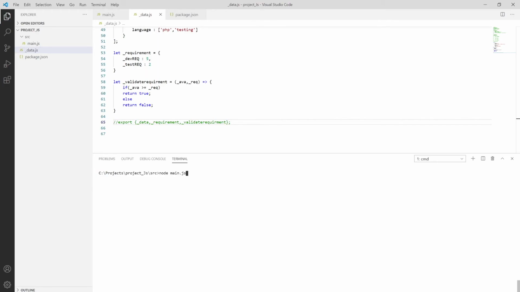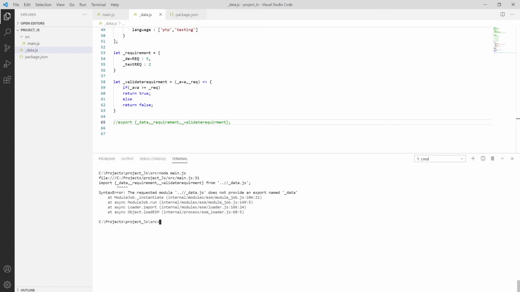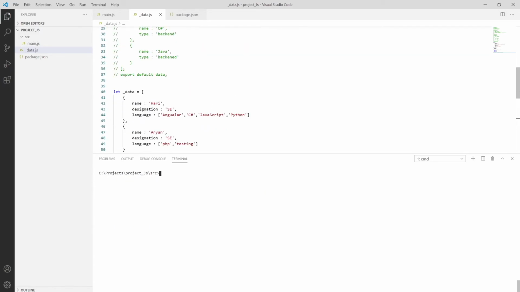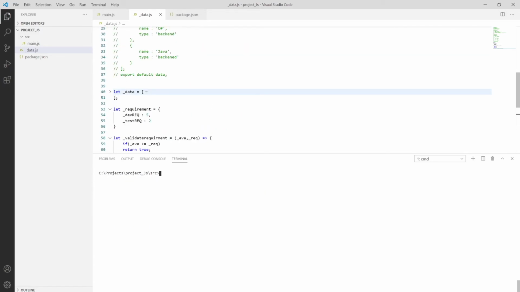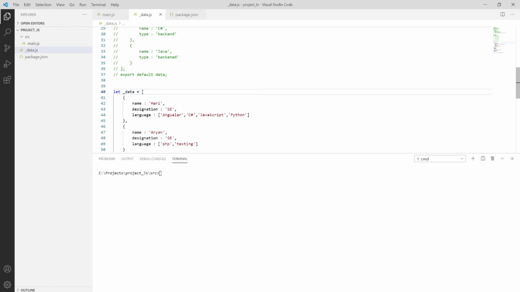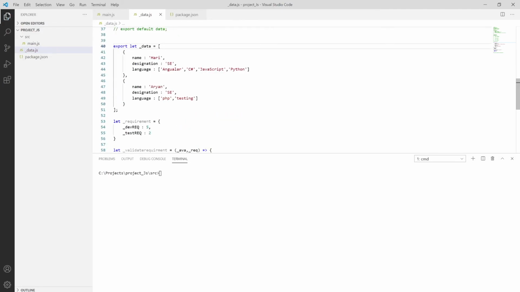If I try to run this, it will give me an error, saying this thing is not present. Let me clear this console again, and we can put export over here.